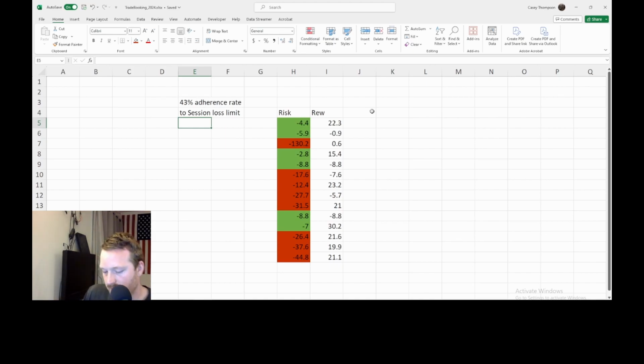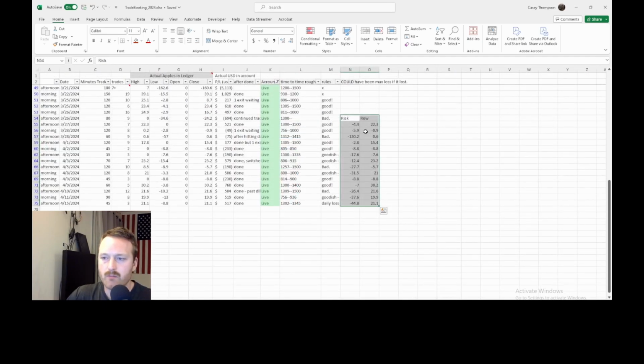And I'll tell you the reason why I'm not following my rules, because on the days that I do not follow my rules, what happens? This day I went over and beyond the risk tolerance. This does not mean I went negative 130 apples. These are all units. An apple is worth $25 if you really want to compute it to US dollars. But I didn't go 130.2 apples down. If you look at what happened this day, now 130, this is